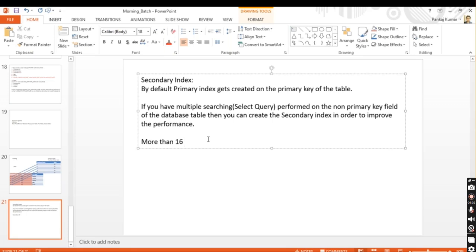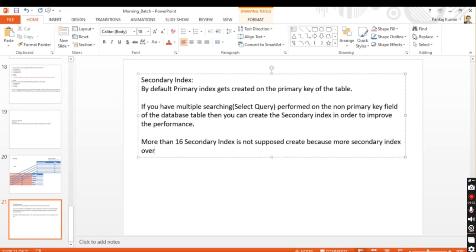More than 16 secondary indexes you are not supposed to create. The system will not stop you from creating them, but more secondary indexes overall can hamper the performance,